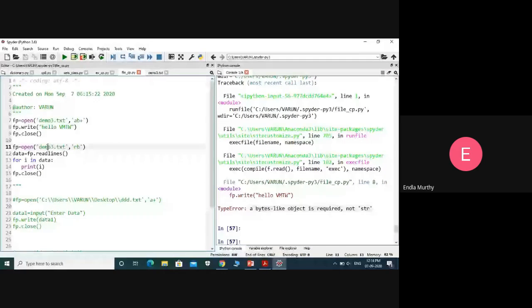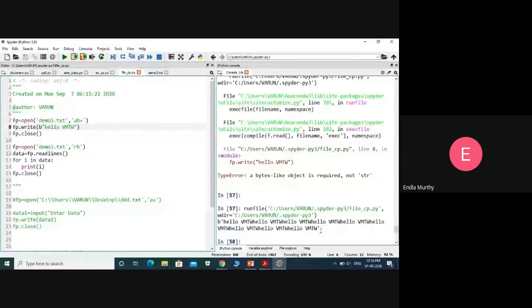So how can we pass the binary data? It is B. If you prefix with B, then it is considered binary data. Similarly, we are getting the same output. Of course, if you want to read the same data, you can read it in the text mode.